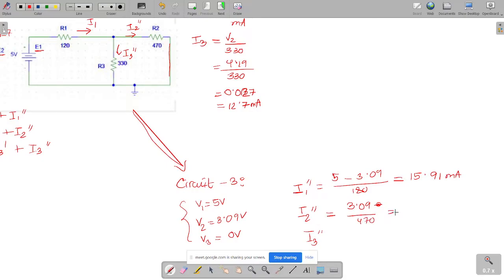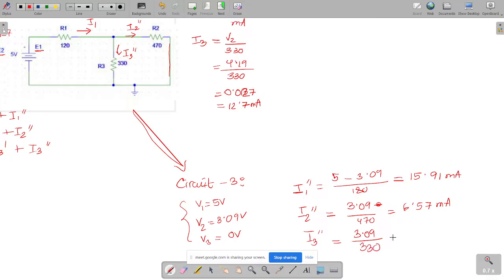So what is the value? 6.57 into 10 to the power minus 3. Can you repeat it again? 6.57 milliampere. Okay, 6.57 milliampere. Okay, good. And I3, it will be again 3.09 divided by